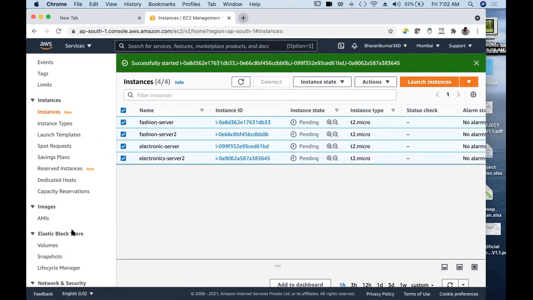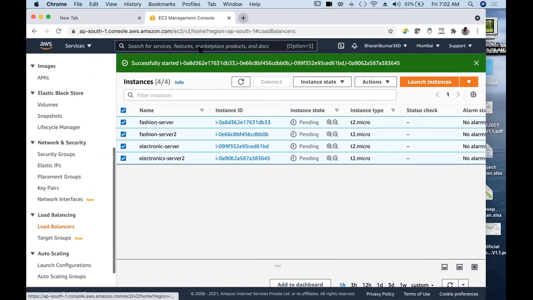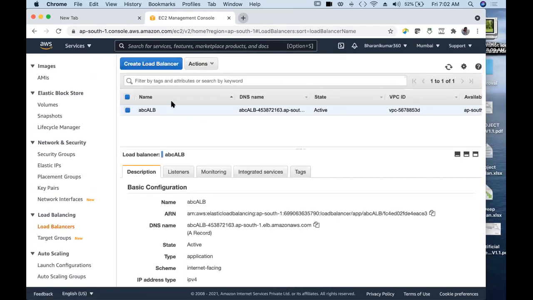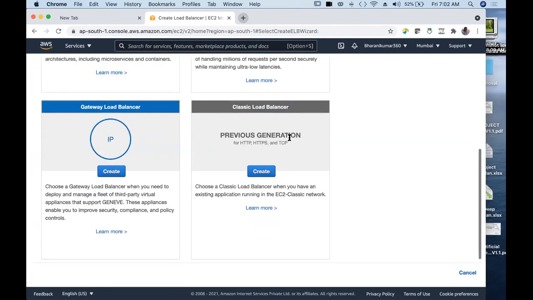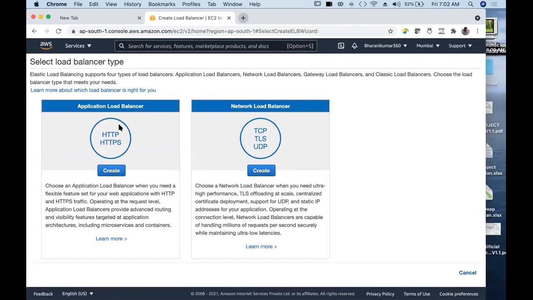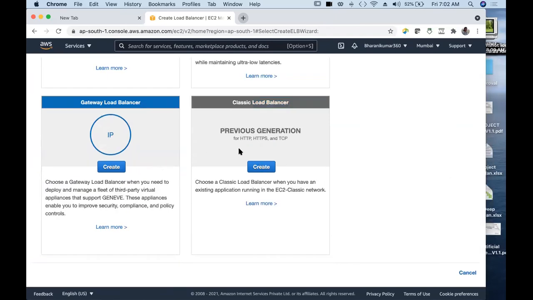Right, and we'll go to load balancers. There are four types of load balancers. Application load balancer, network load balancer, gateway, and classic.